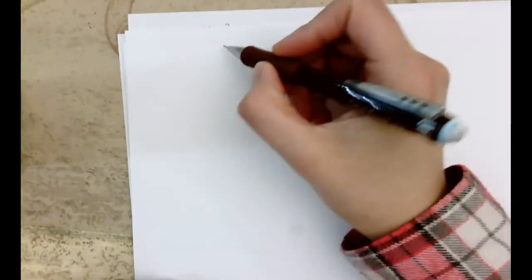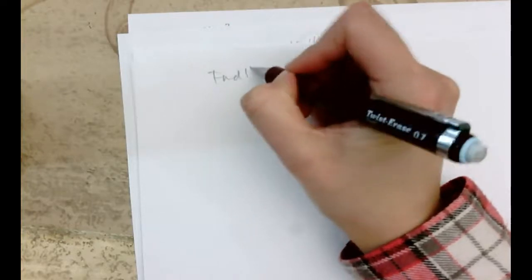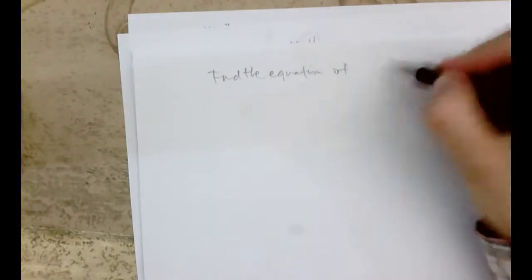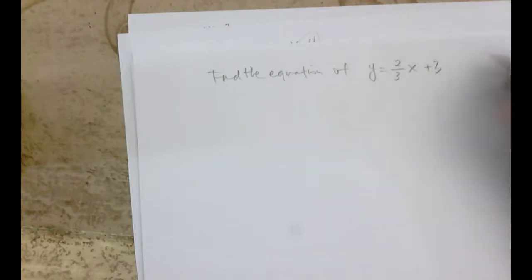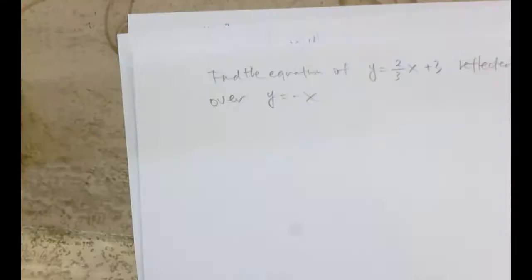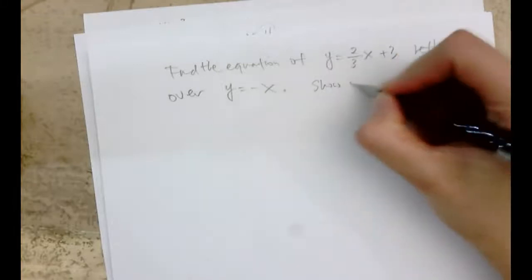Let's get an equation of a line reflected over y equals negative x. Say the problem asks you to find the equation of y equals 2/3 x plus 3 reflected over y equals negative x. Okay, so the problem asks you that, and I will ask you to show your work